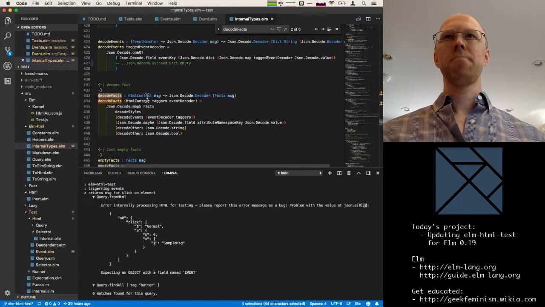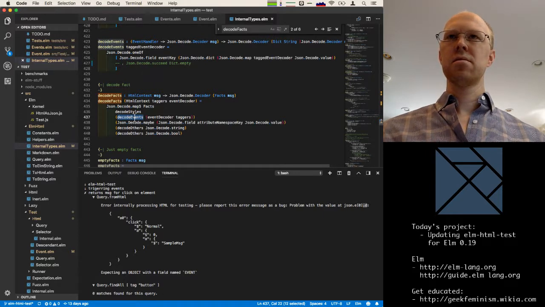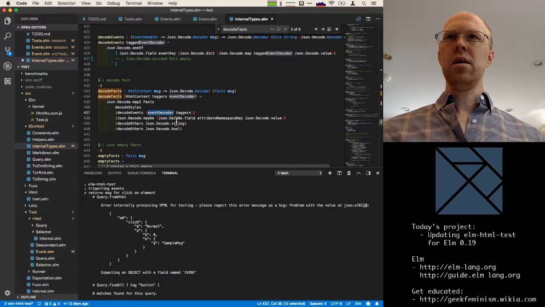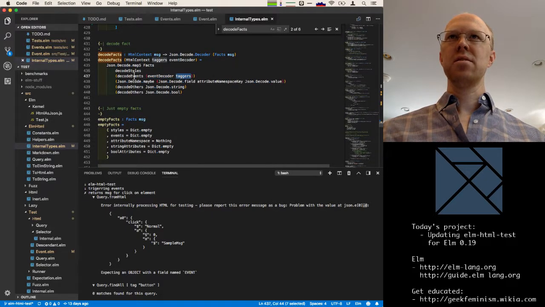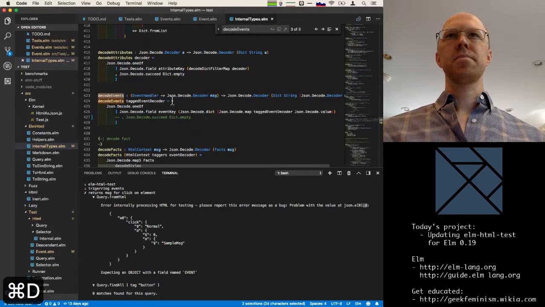Okay. And facts contains events, decode events. Okay, so this is not in a subfield. And event decoder, it's past taggers. I'm not sure what that means. So let's look at decode events. And that's here where we are.